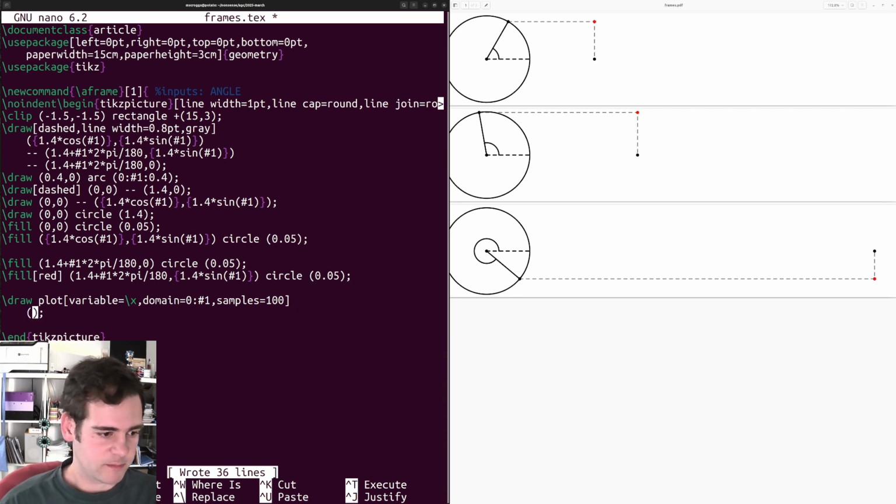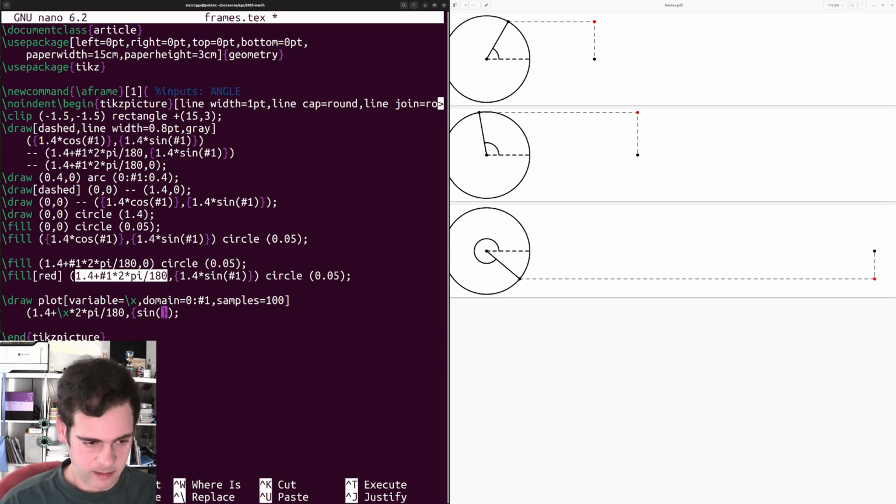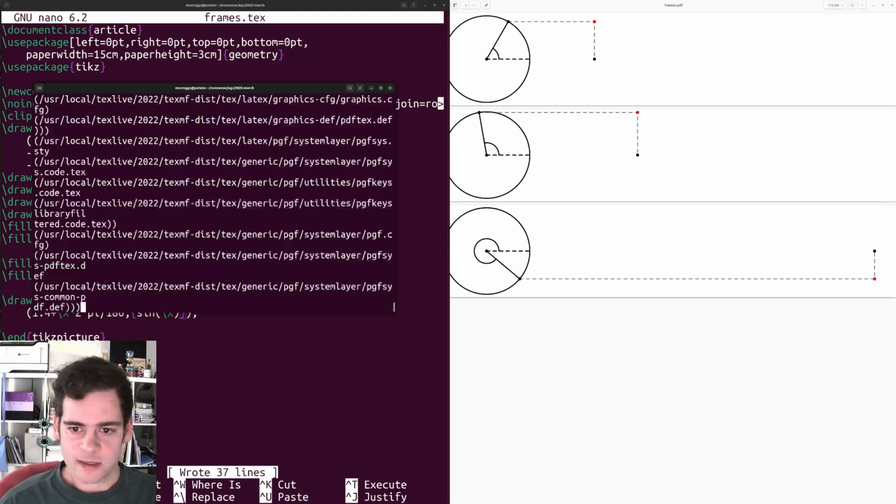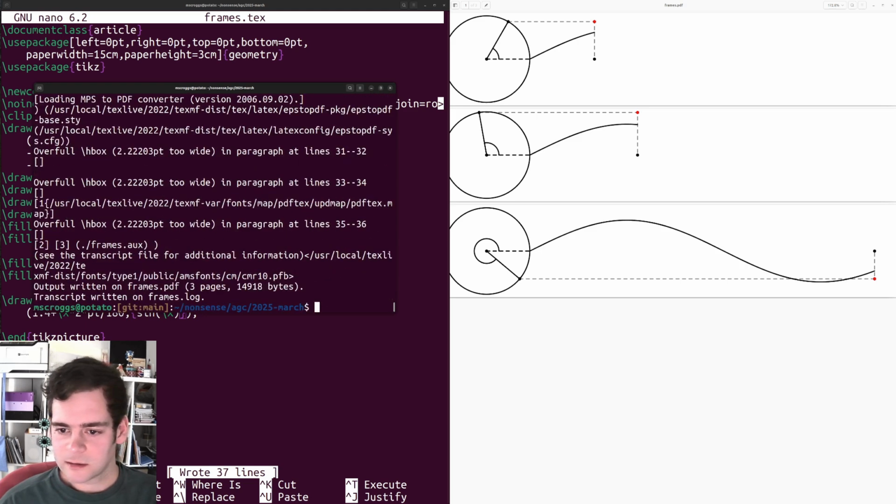And then we give it a point. So it's going to be dash x, backslash x. Except it's not going to be backslash x because this is how x moves. So it's that, but with one replaced by that. And then sine backslash x is what we're going to expect that to trace out. Let's see what that looks like. Okay, that looks like a sine wave,